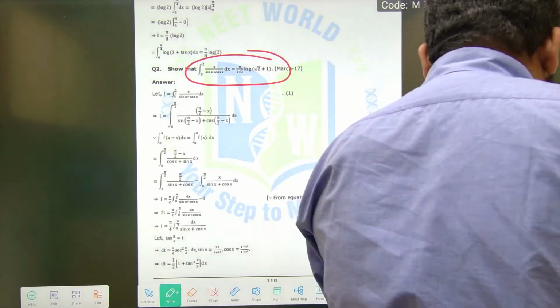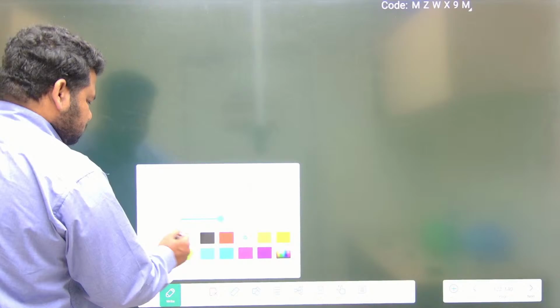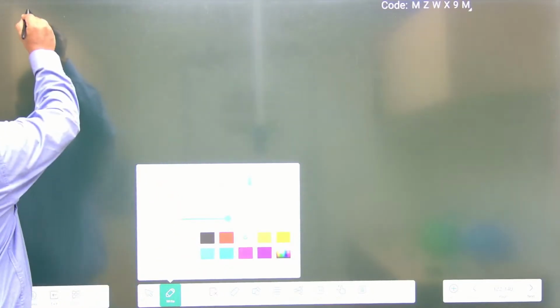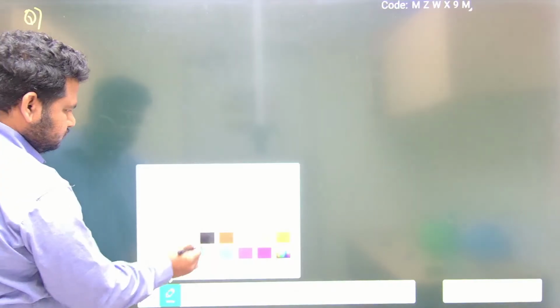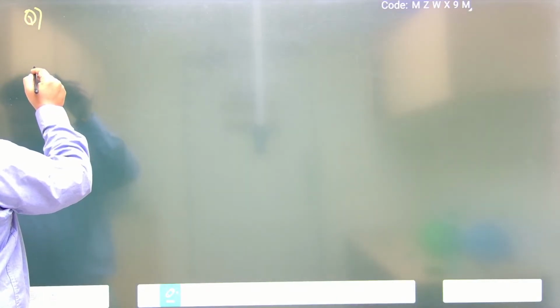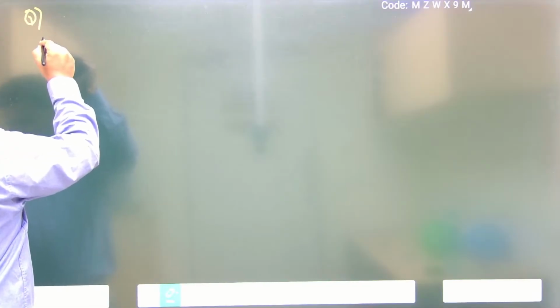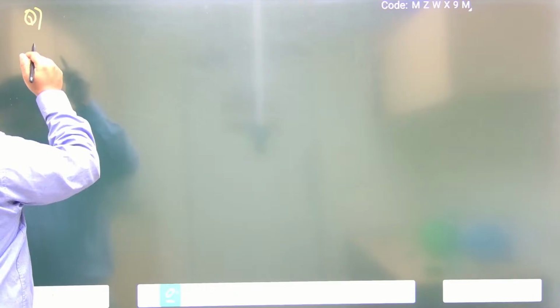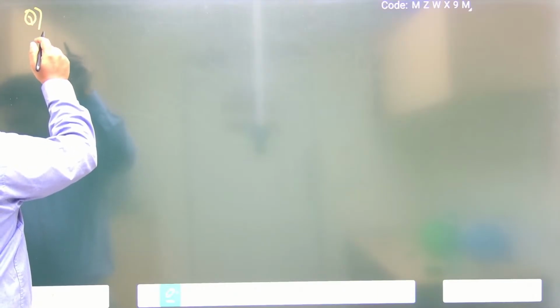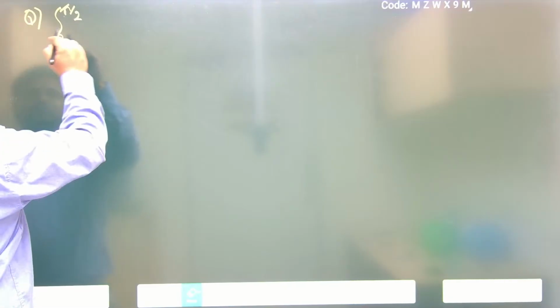Okay, the next question that we have, observe here carefully. We have to find the integral from 0 to pi by 2. So we have to prove that, observe carefully, we have to prove that